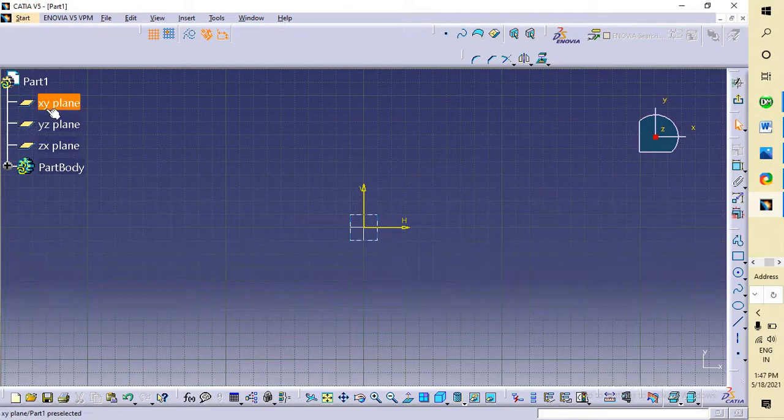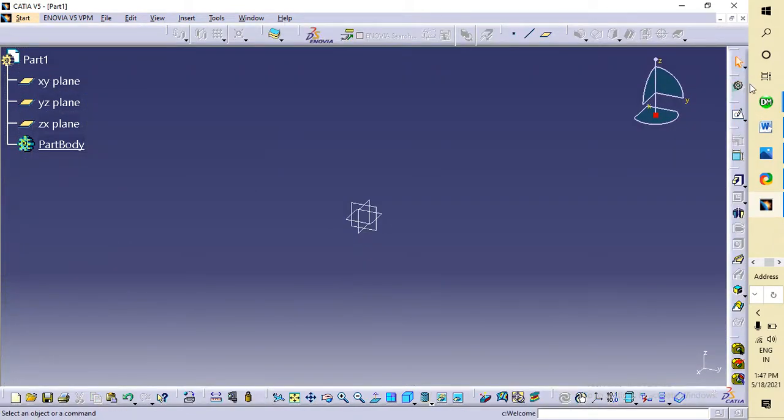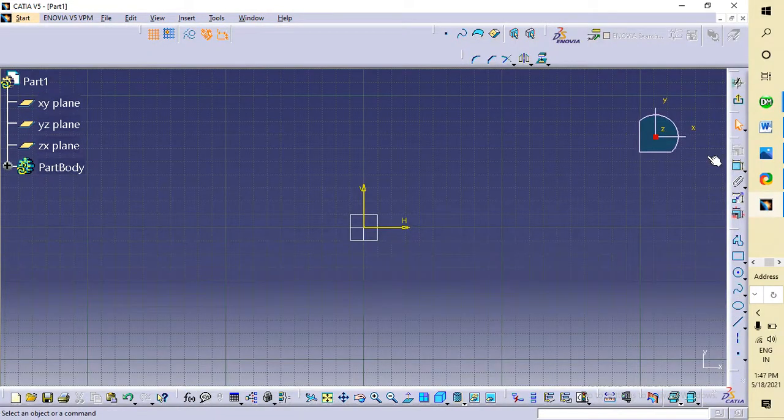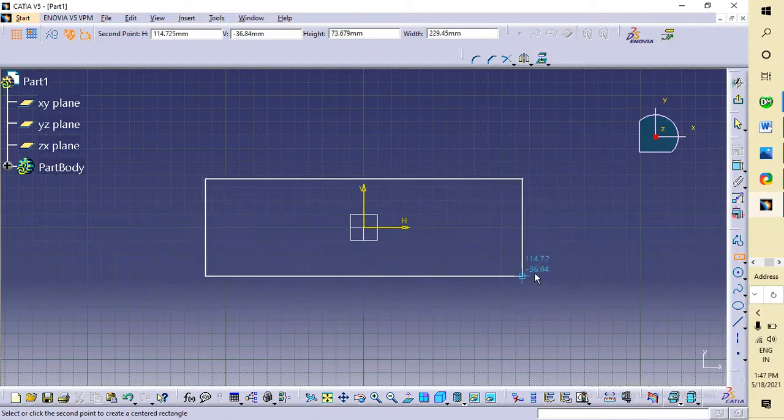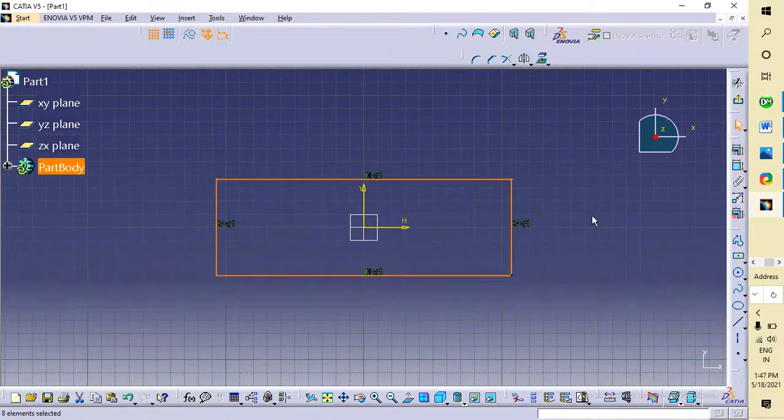First of all, I'm going to select this part. I'm frequently saying in my videos how to draw a 3D design. I will select this XY plane. Sorry guys. So how to make a 3D design from the basics in a very easy way: you have to draw your component parts or 3D design step by step. Okay guys, let me show you.